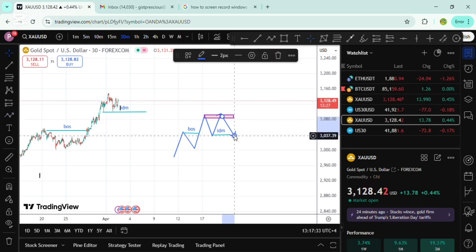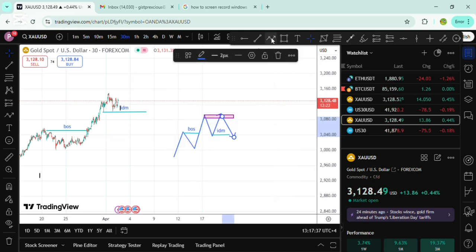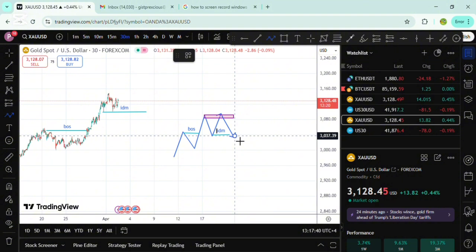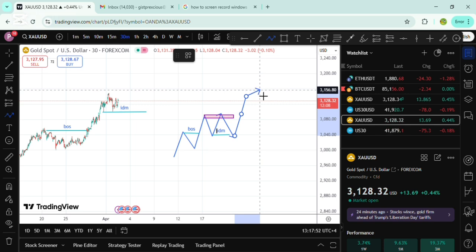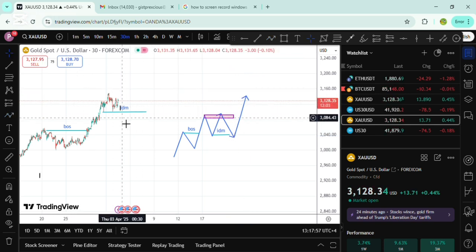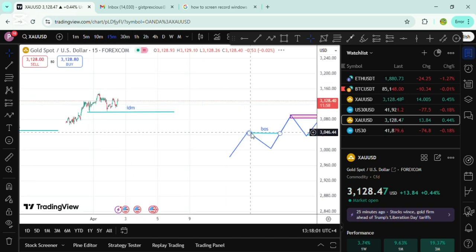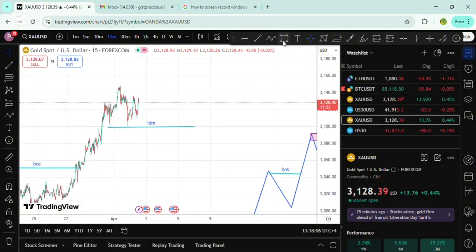There's a rejection that's making the market not go up because the sellers are taking dominance in the market. But if the buyers are taking dominance, when it gets to that rectangle, that space, it will push up. If the sellers' action is greater than that of the buyers, it will just respect the sellers' action. So this is the current market structure: the first break of structure, double inducement, and a buy.